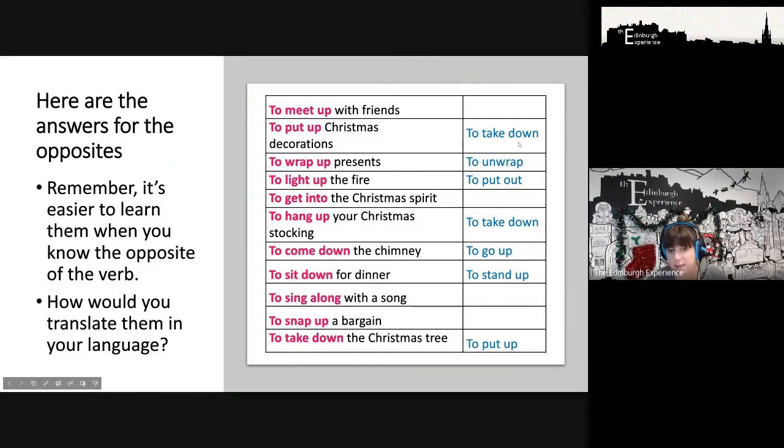So if you're learning these simultaneously, it makes it much better to understand. And then what I would do is I would add a third column. And in that third column, that's where I would add the translation for your language. Okay, so then you have a really nice organized table of phrasal verbs for a specific context, in this case Christmas. You have any opposites that work.